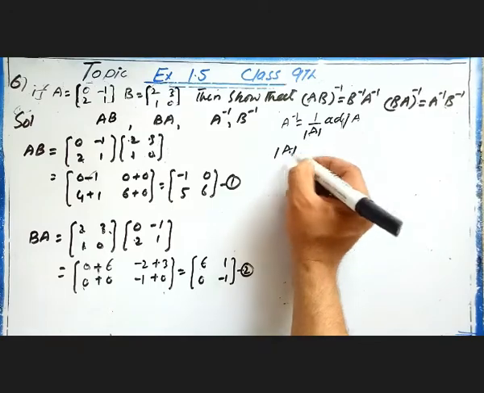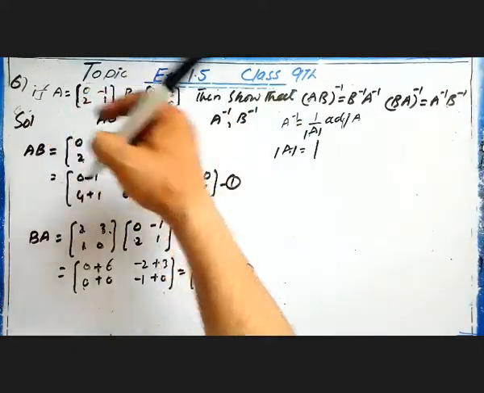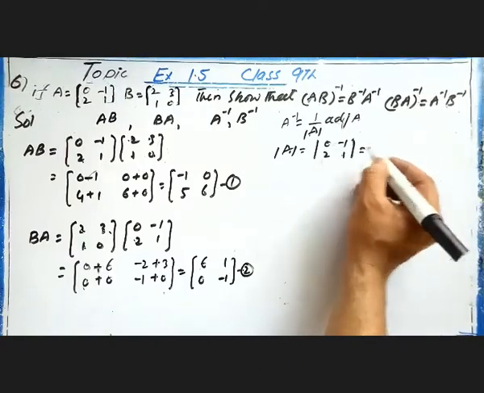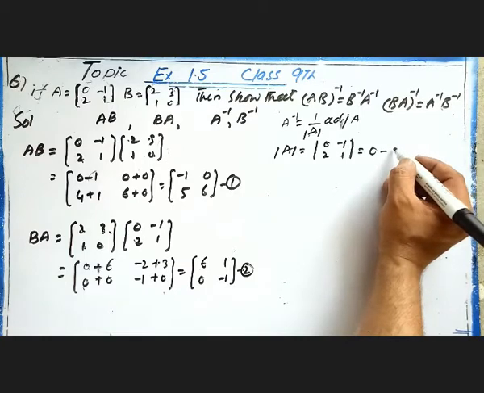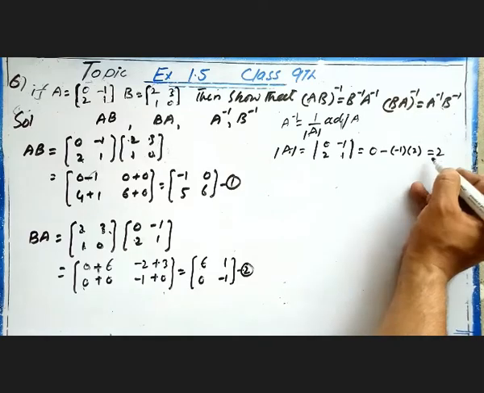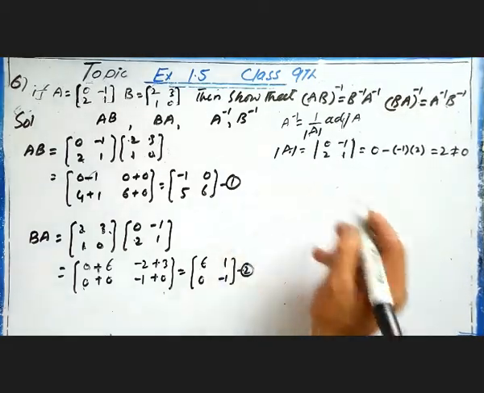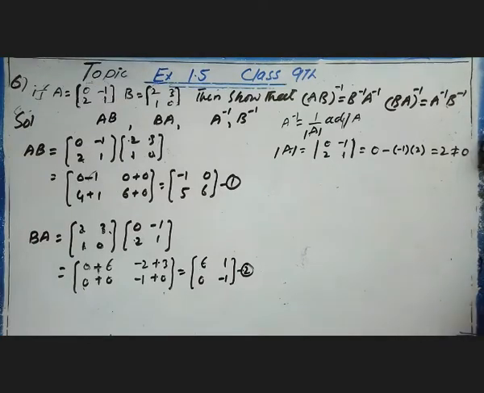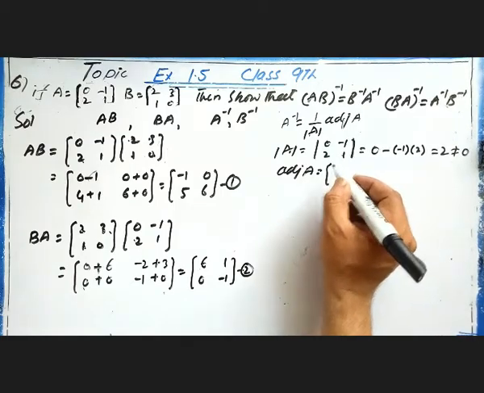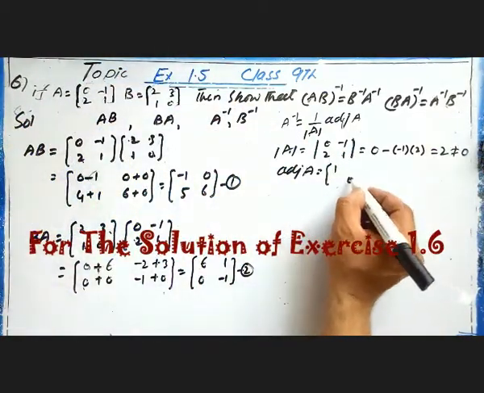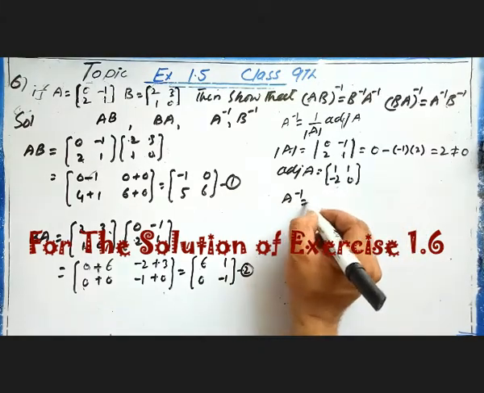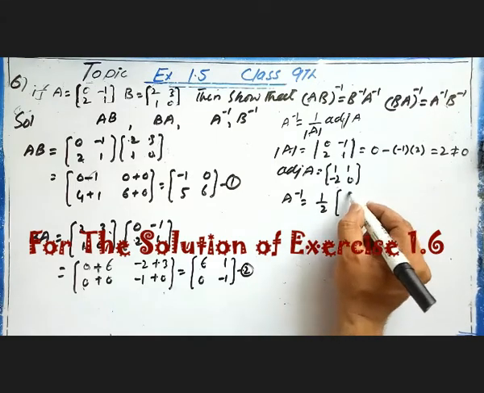So determinant of A will be equal to, यह मैट्रिक्स है हमारे पास 0 -1 2 1, तो यह बराबर होगा 1 zeros are 0 minus into -1 into 2, so minus minus plus, और ये हमारे पास 2 आ जाएगा, तो हमारे पास does not equal to 0, सो हम फाइंड कर सकते हैं। Now adjoint of A will be equal to, इन दोनों का प्लेस चेंज कर लें 1 0, और इन दोनों का साइन, तो ये +1 -2 बन जाएगा।